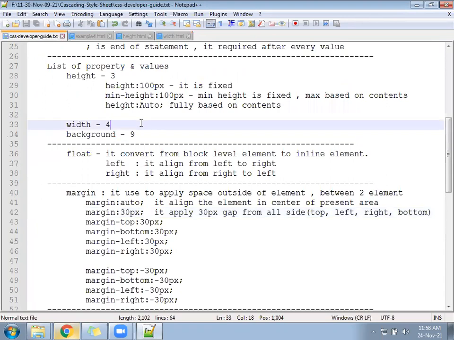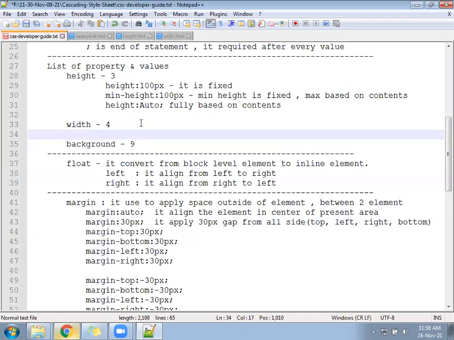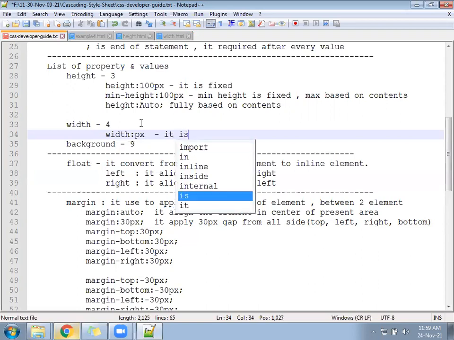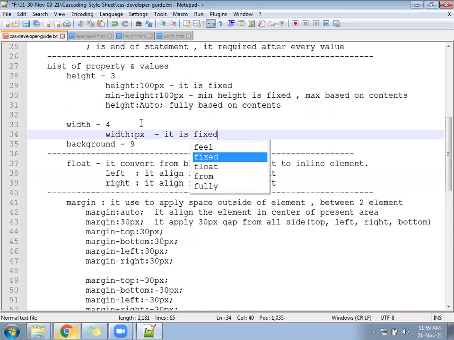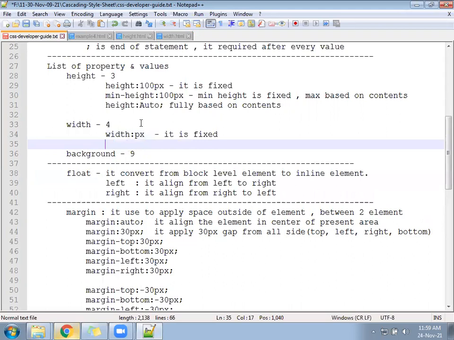For the width we have four ways. Number one is width colon in pixel. What can you write here? It is fixed. Second, you write width in percentage. It is based on screen size.